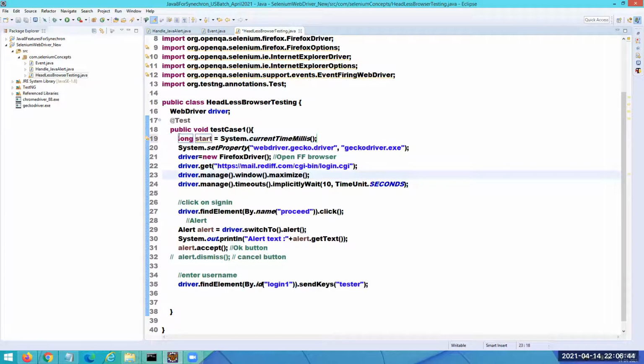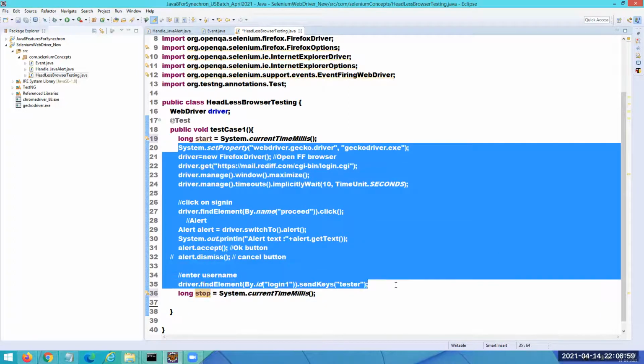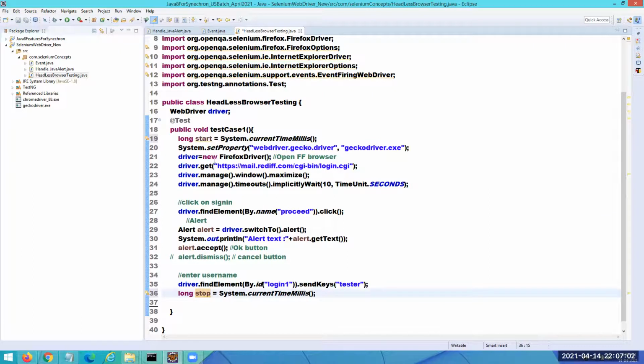Once it executes, at the end, I'm going to add the same code to again take the current system time, and I'm going to call it stop. So the total time taken to execute from here to here will be stop minus start.